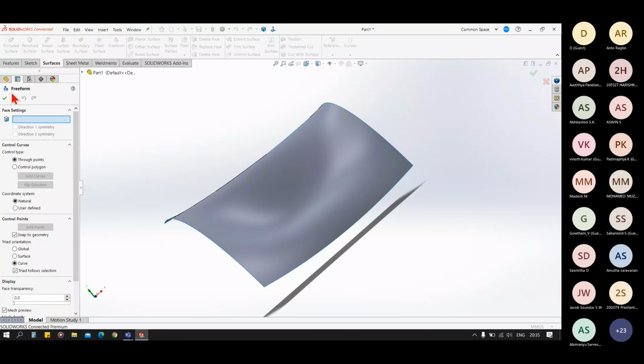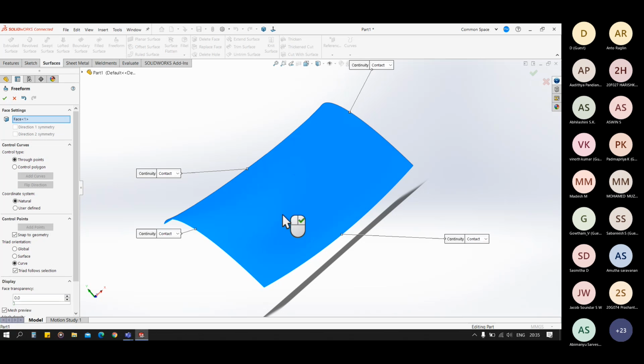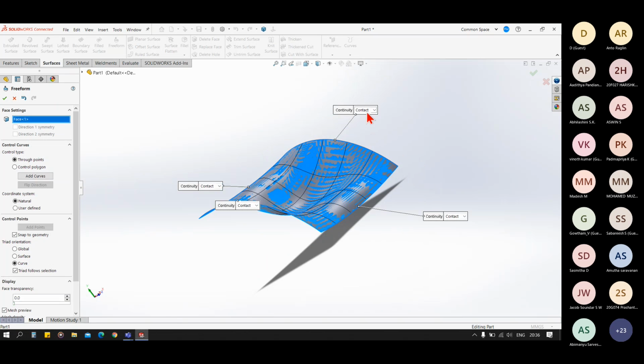Now for the freeform, just click on freeform and select the face. Now you can see we can have different types of controls in it.